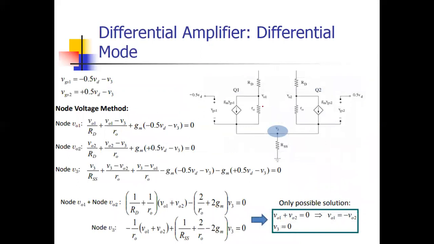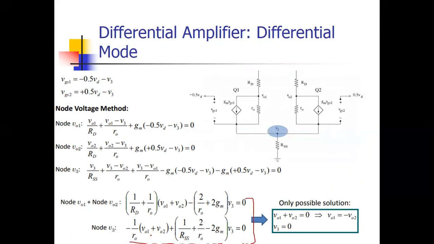And from now you will have the same type of node equations. One is V01. Just pause the video for a second and try to make your own equation. So V naught 1 minus V3 upon R naught plus GM VGS 1, plus V naught 1 minus 0 upon R. In this way, you will have the whole three equations. Now rearrange the equation, you will have this equation.